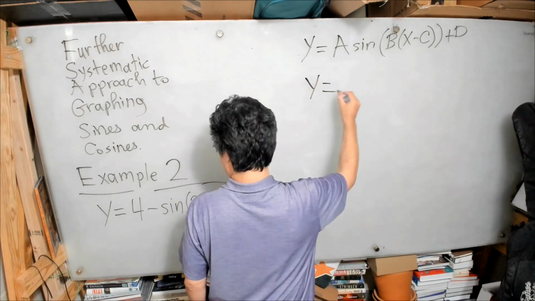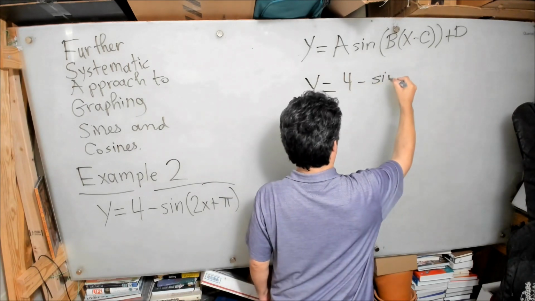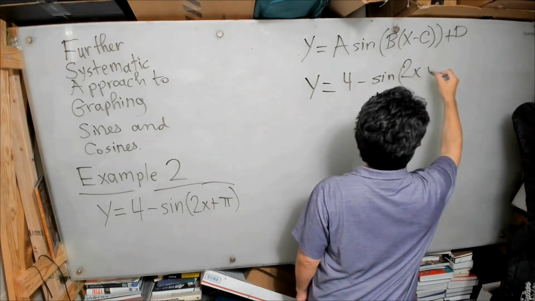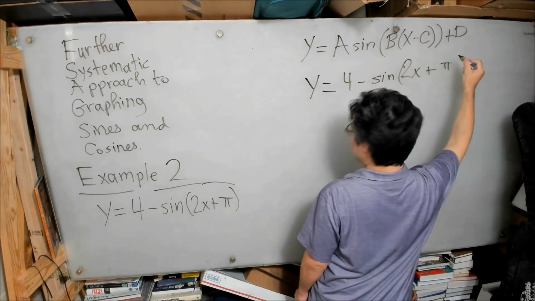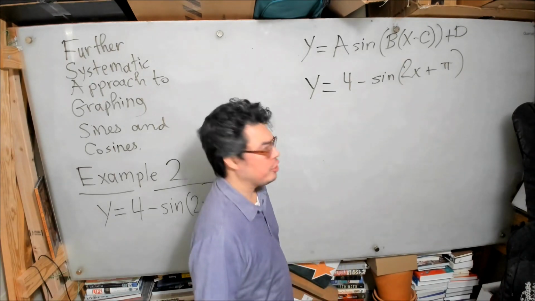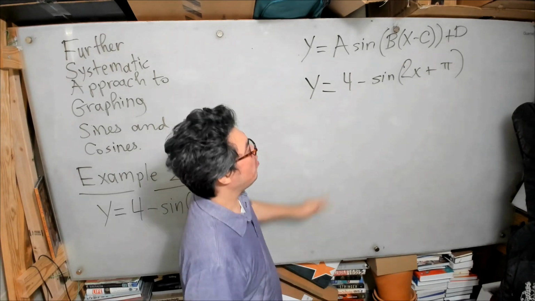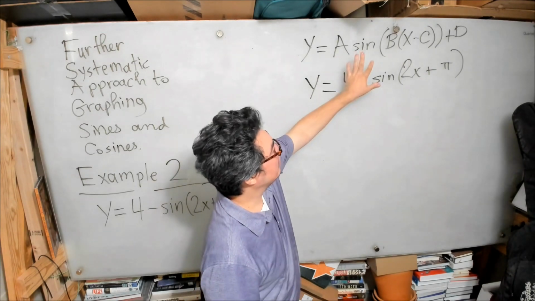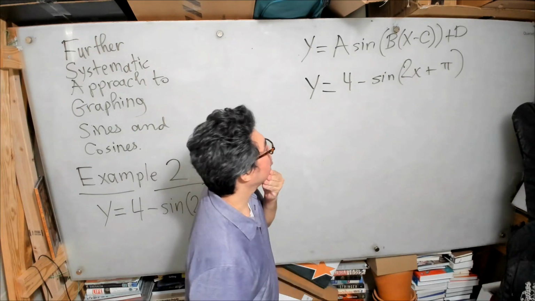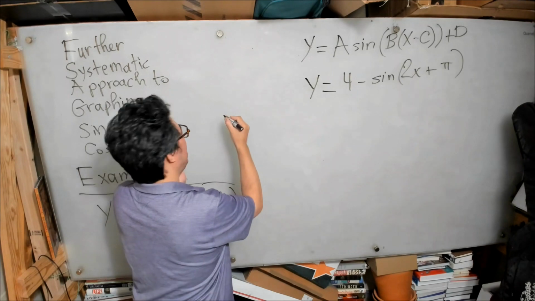y equals 4 minus sine of 2x plus pi. Okay? So first of all, we have a problem. This minus is here, and we don't want that. We want to kind of put it like this, where we have a plus d and an a type of thing, right? So the way we're going to do that is, we know that we can look at subtraction as